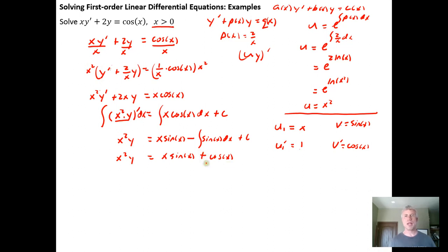Check on work would be to take the derivative of plus cosine and make sure we get a minus sine out of it, and then we get plus our constant of integration,